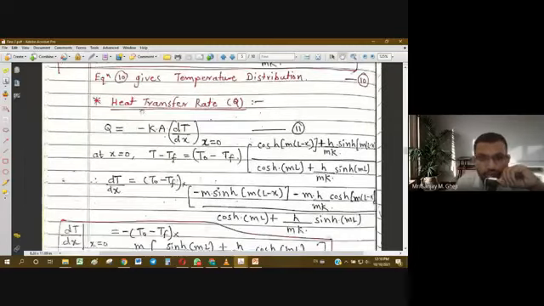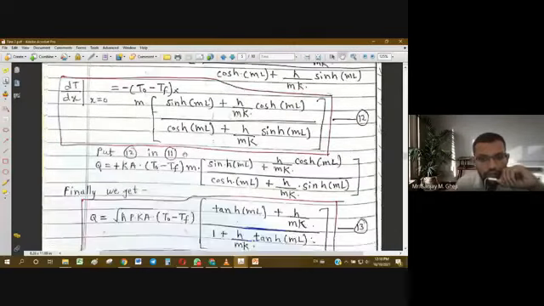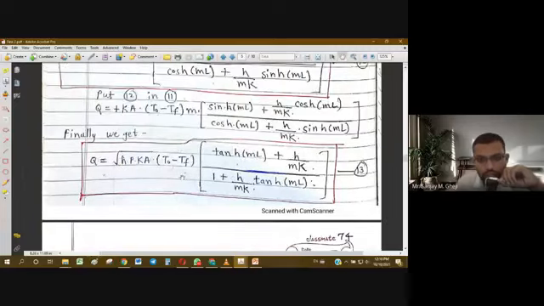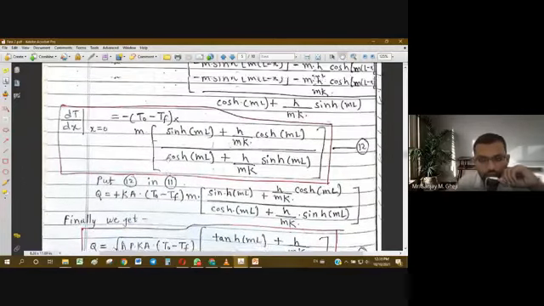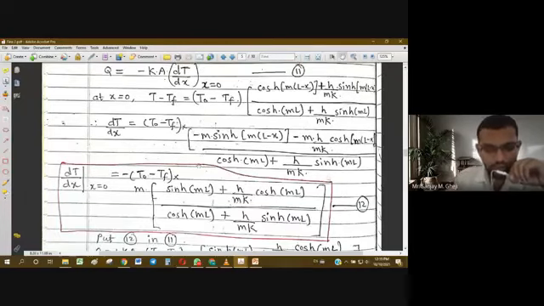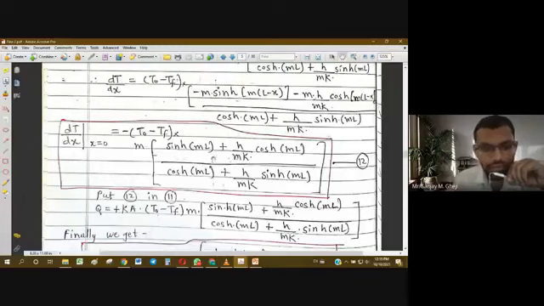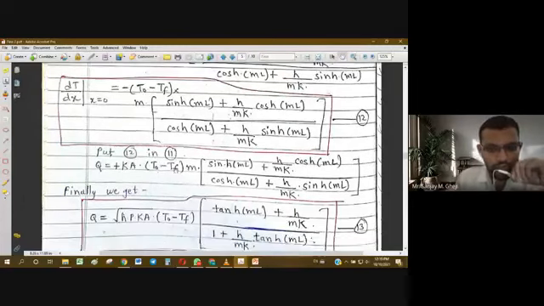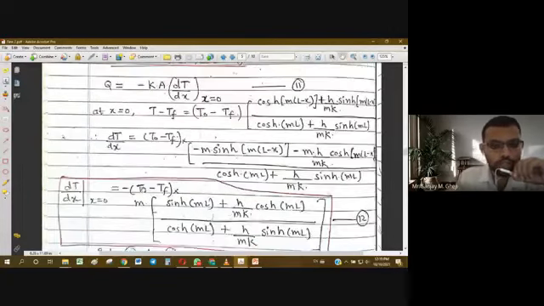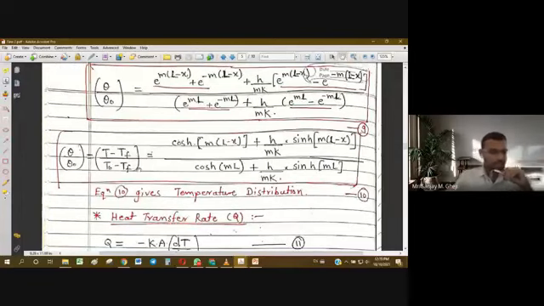The same way we can go for the heat transfer rate. Again, we have to use the boundary conditions well, and get to the final form of the equation. So this is going to be the heat transfer rate. The same we can do for fin efficiency. Again it will take some time to derive all these terms, and we have to adjust many factors so that we get them in the form of hyperbolic functions. I know it is very difficult to remember all these formulae, so such derivations are generally not asked in the examination.